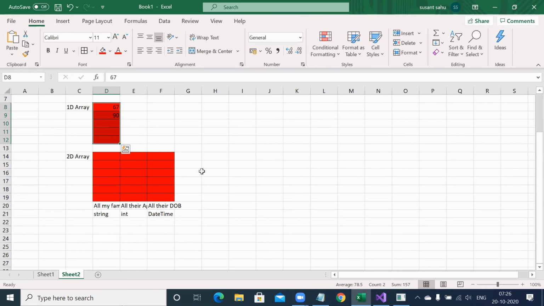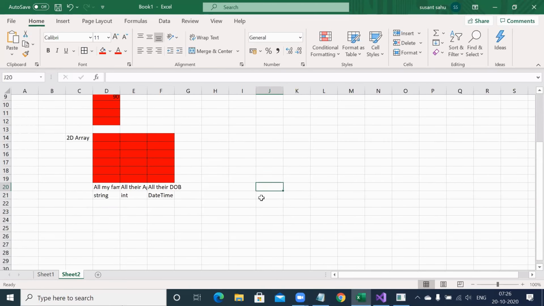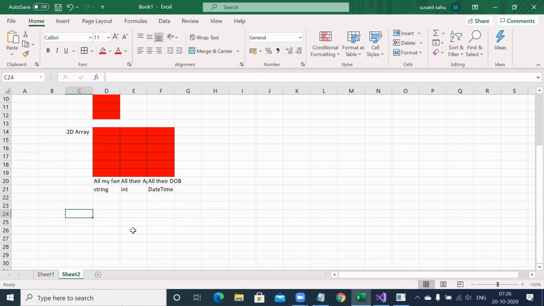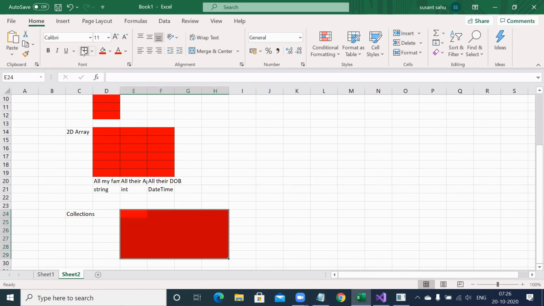But slowly, when generation is increasing, you are getting more and more benefit. After some days we have something called collections. That will be even better than two-dimensional array. It will say, no worry, if this is your collection, entirely this column can store roll number.